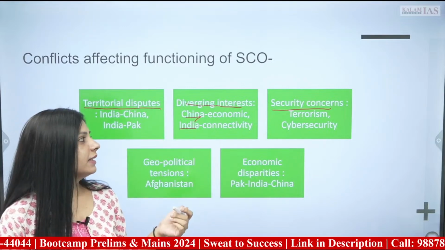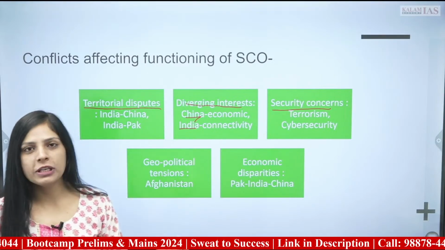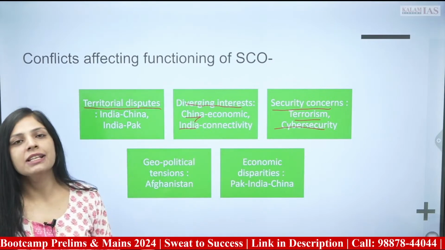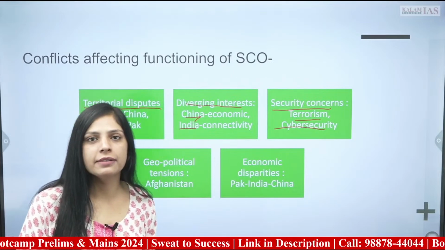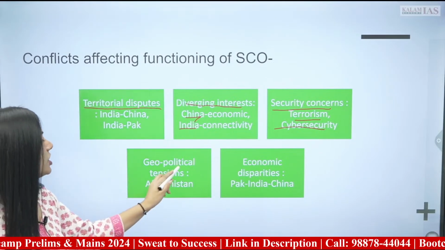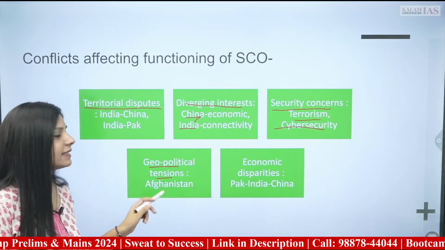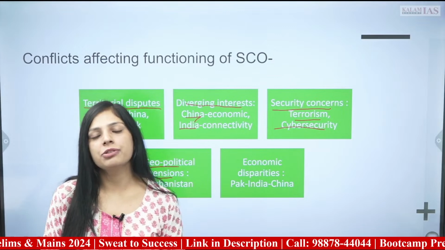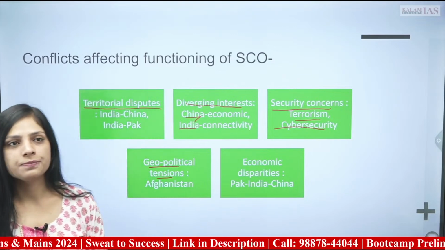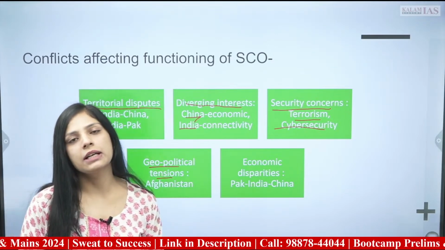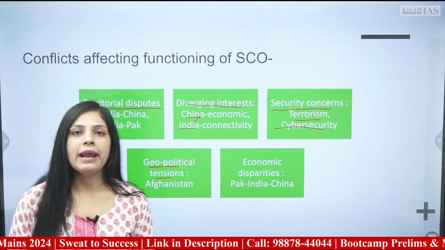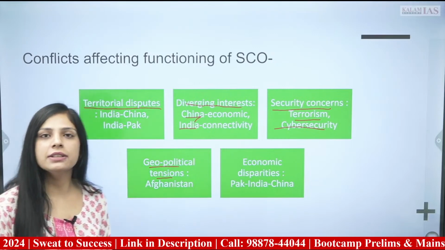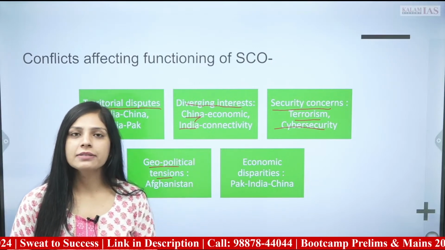As this region is getting affected, globally also terrorism is rising. An increasing emerging challenge of cyber security is also there, right? Geopolitical tensions, as the situation has evolved in Afghanistan with the coming of Taliban and withdrawal of US forces. Apart from this, the renewed interest of United States in the Indo-Pacific region has also become an area of tension for the global grouping, right?